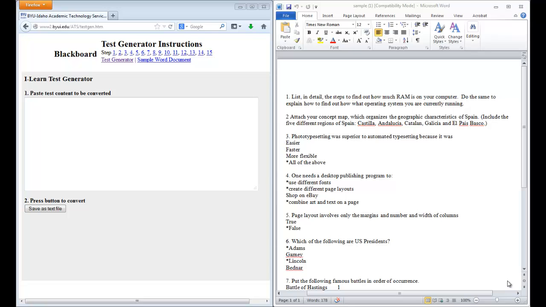Hello, today we are going to use the BYU Blackboard Test Generator in order to upload questions into a Blackboard pool and to use on a test. The first thing you need to do when using the BYU Test Generator is access it at its website